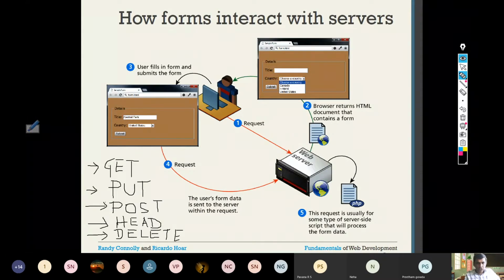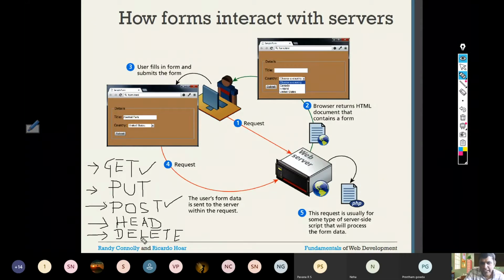So I won't be going into all those methods, but in this interaction with the server, we will be discussing the get and post methods. They are actually used for the same purpose, but the way a client communicates with the server differs in get and post, in where the information is being placed. So we will discuss the difference between get and post methods. Whereas put, add and delete we won't discuss, you might have studied them already in networking.